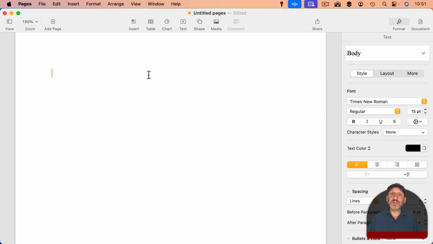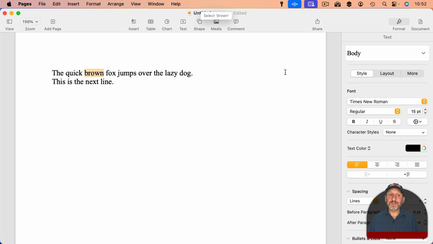The quick brown fox jumps over the lazy dog, period. New line. This is the next line, period. Select brown, green, lowercase that. So you can see there's a ton you can do with it if you're willing to learn